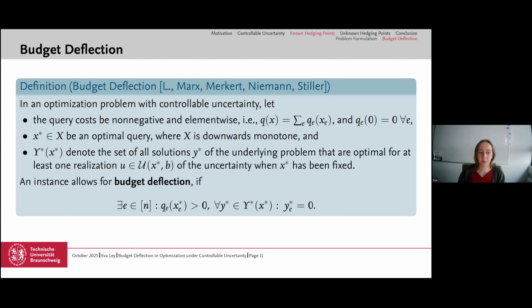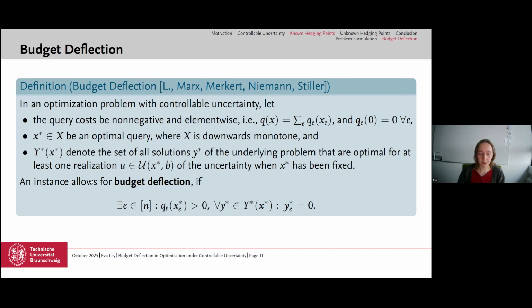So we say that an optimization problem with controllable uncertainty, where we have non-negative and element-wise query costs, where the query costs for 0 are 0, where we have an optimal query x star from some query set X that is assumed to be downwards monotone. And if we now denote y star of x star as the set of all solutions of the underlying problem that are optimal for at least one realization of the uncertainty, once this x star has been fixed, then we